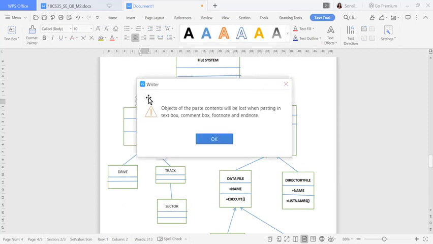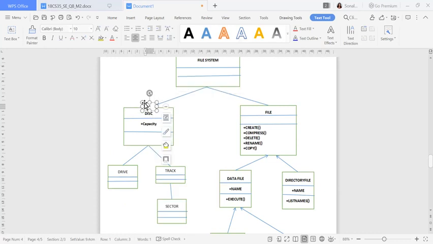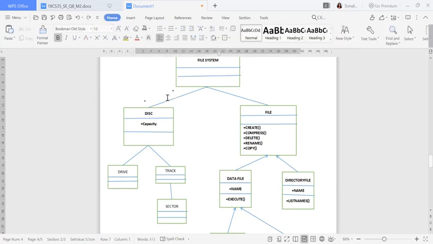From here to many, right? So this one will be many to many. That we should remember, from where to where we are going to give. Fine, this is many to many.